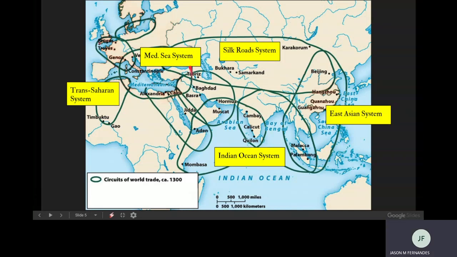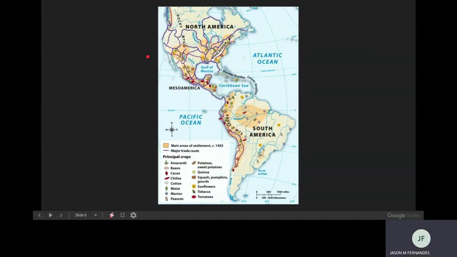All of these should be seen as circuits of trade, right? Not these individual systems. And then if you look at the Americas as well, you see the same thing happening here too, right? You look at the eastern woodlands of North America, this Mississippian system, which was completely connected through rivers and overland